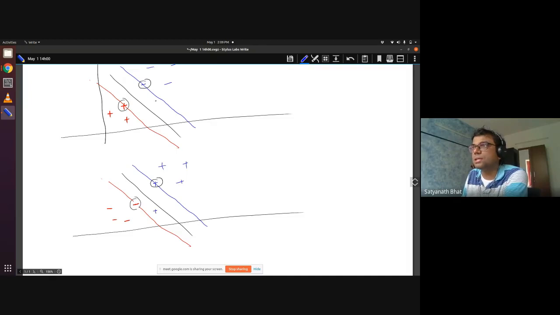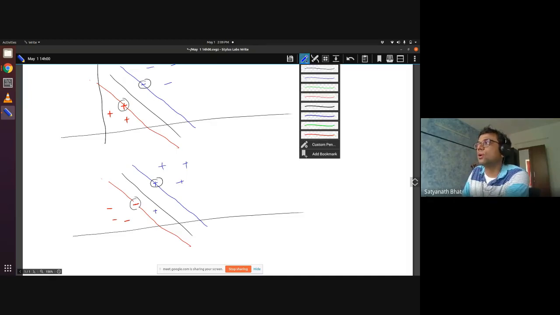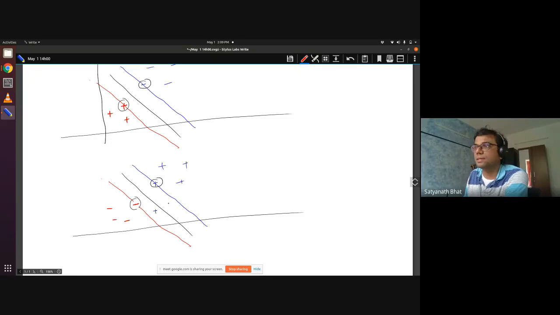So this original training data was linearly separable, but once you got a few points in this manner, now you cannot find a hyperplane that can separate these points. So then what you say is that suppose instead of directly being able to separate all the points, perhaps you can get away by separating almost all of them. So in that sense, we define what is called the xis. So this was xi1, and this guy is xi2. Okay, so the xis are defined with respect to the appropriate hyperplane.